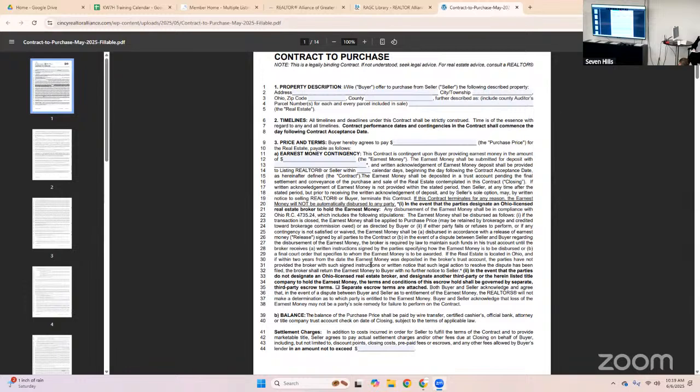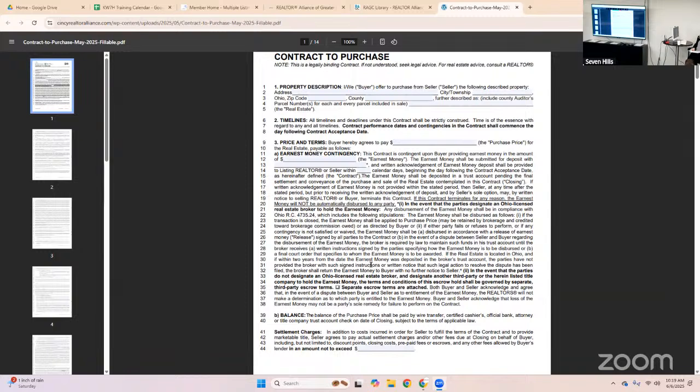Now, normally, I like 3 days. I think that gives them plenty of time to get their money in, unless there are some extenuating circumstances. If they just can't get to the earnest money for whatever reason, then maybe you take it to 5 days. I would not put an extended period of time in there, though, because it can cause issues with your contract as time goes on if you don't have the earnest money in hand. So make sure that you do that.